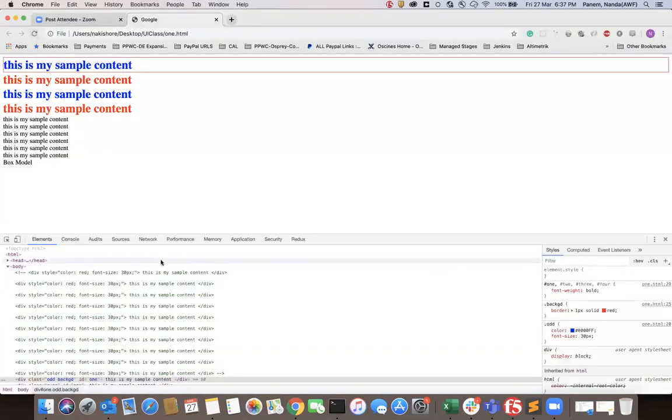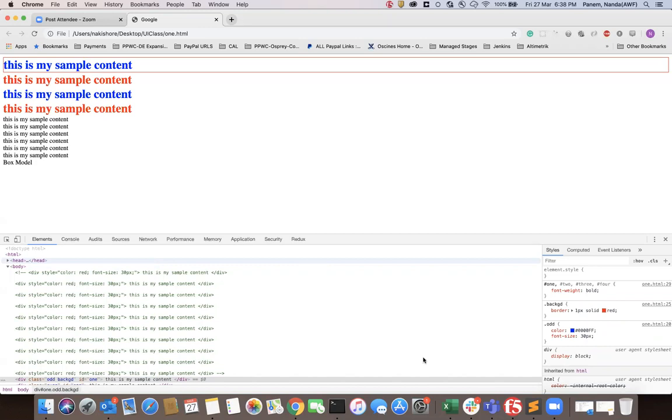See here, border is nothing but a container for your application. From where the content is starting to where the content is ending, that is going to be the actual content. For that you are giving some outline. So the actual place where the content is starting and the actual place where the content is ending is going to be surrounded by a border. So that is where your content is placed actually.